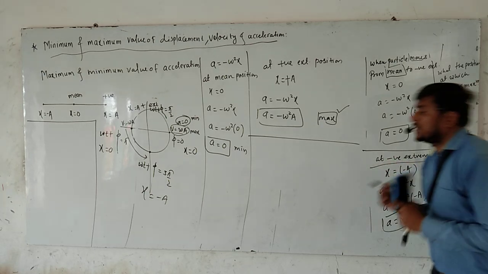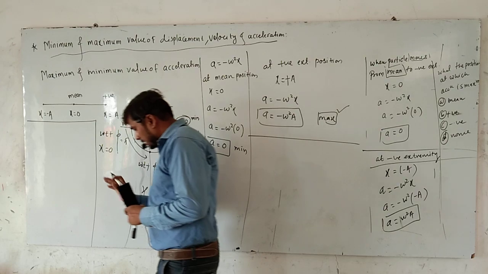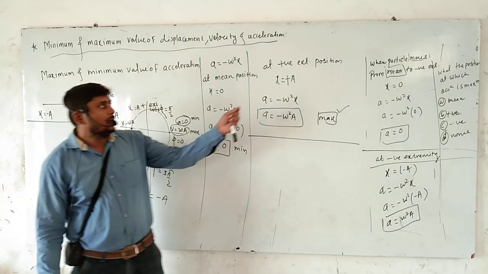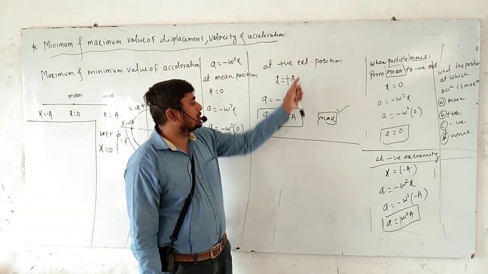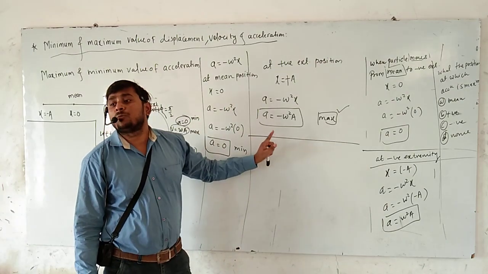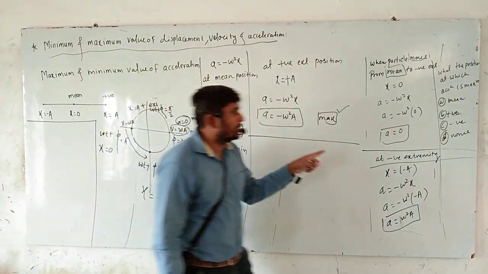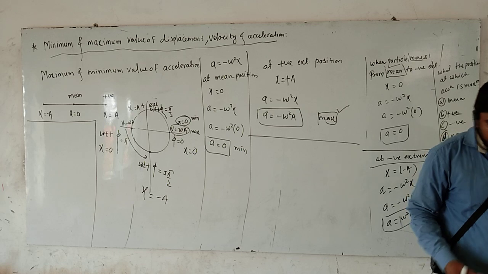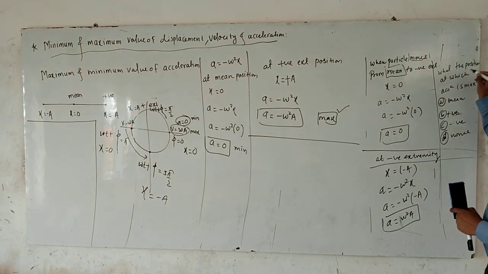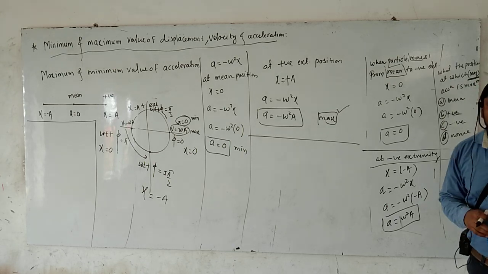Negative. In some cases, some people may say that the value of acceleration at the positive extreme is maximum, if we take the magnitude. But the question doesn't say that. What is the position at which the magnitude of acceleration is maximum? If they introduce the word magnitude over there,